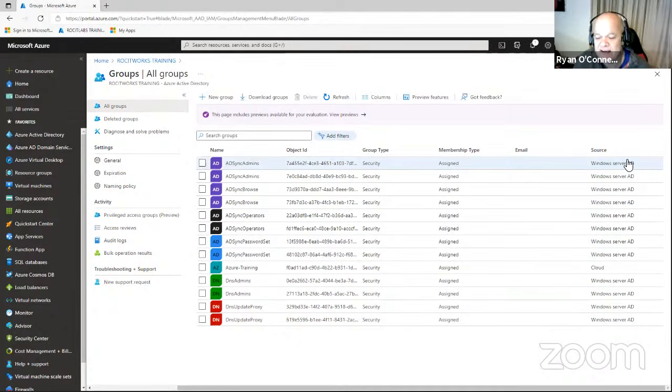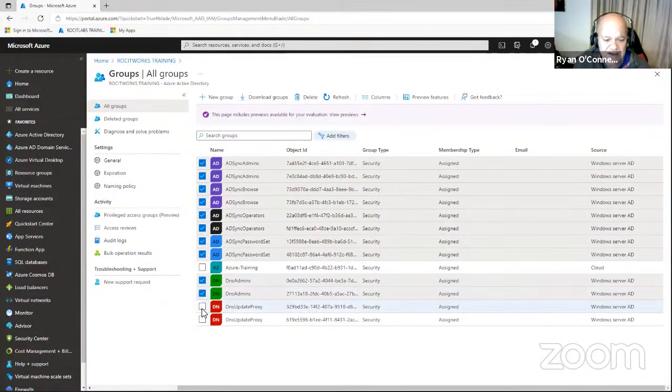This is because I did a cloud sync with AD Connect. And this synced up those different groups. Now, let's say for argument's sake, I've taken my AD server out of operation. I don't need to sync up my users' passwords because I do not have an on-prem Active Directory syncing up using AD Connect. But when you set up AD Connect, you will get some groups that will populate over from